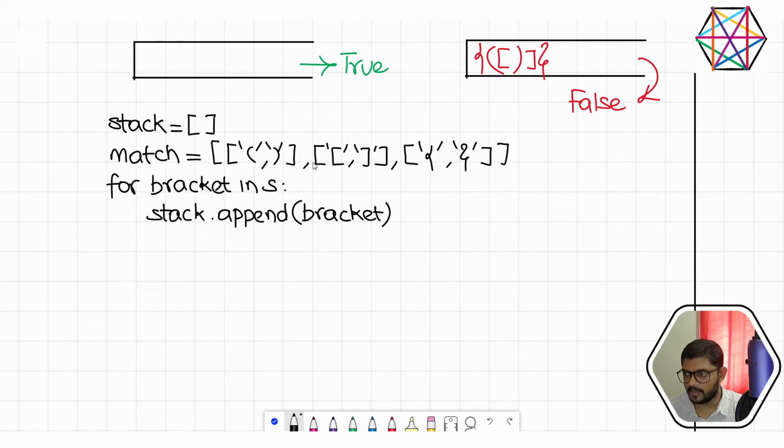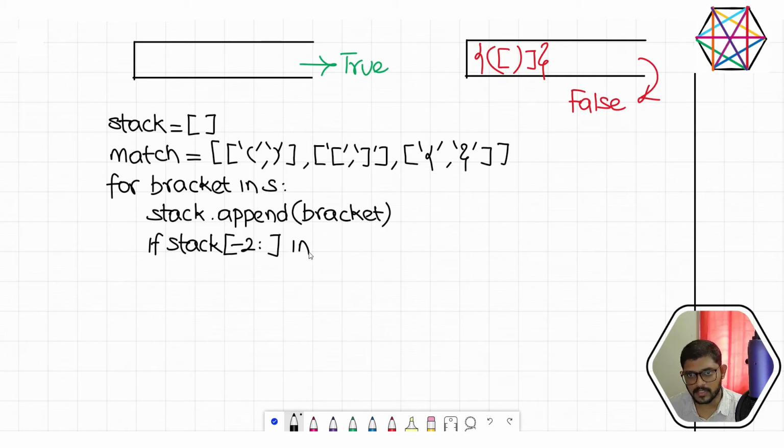And if it is matching, then we are going to pop off the last two elements. So we are going to do it as follows. If stack of, how do you take the last two elements in this stack list? Stack of -2 to, if we leave this empty, it means that it is going to scan till the end. Like you know very well, in Python, the very last element in the list is denoted by -1, and the element before is denoted by -2. So when we write -2 till we leave this empty, it means it is going to take these two elements all the way till the end. So stack of -2 till the end